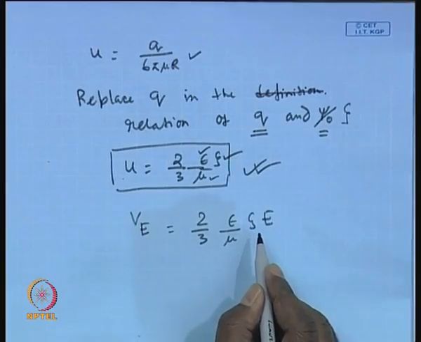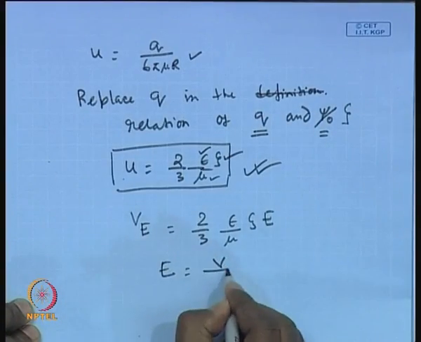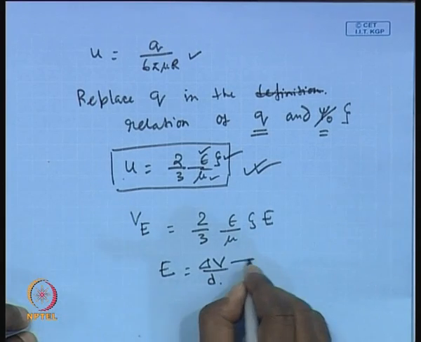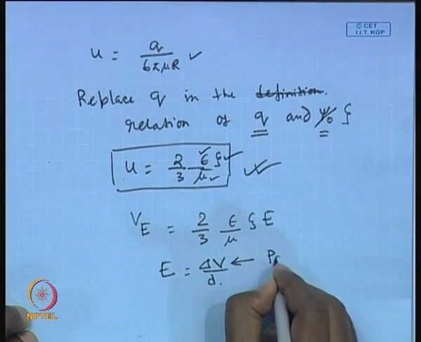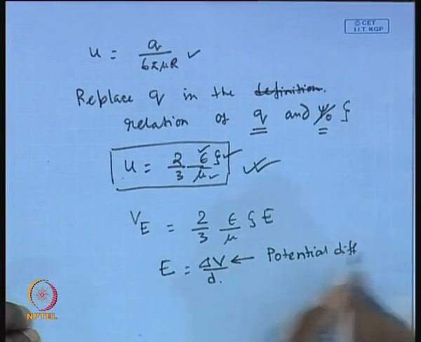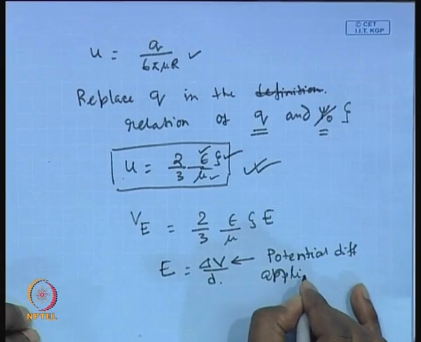How does it become an operating condition? Because by using an external power supply, you are applying a voltage between 2 points, between the top plate and the bottom plate, and you know the distance between the top plate and bottom plate. So, E is nothing but delta V by d, where d is the total height of the channel, and delta V is the potential difference being applied